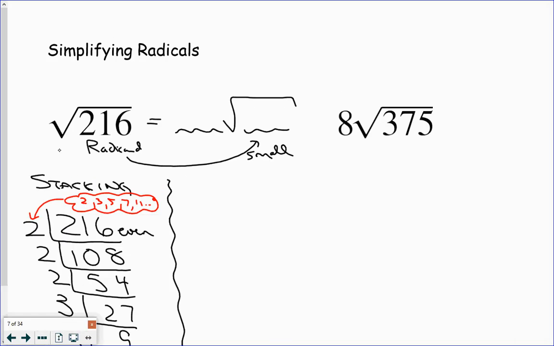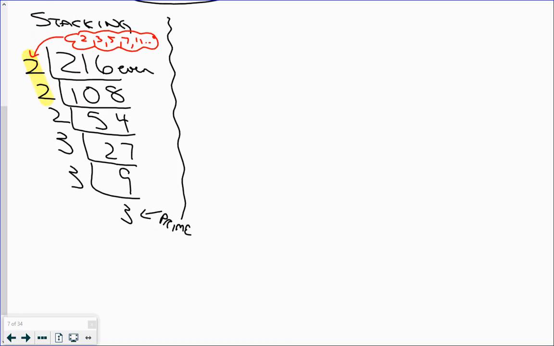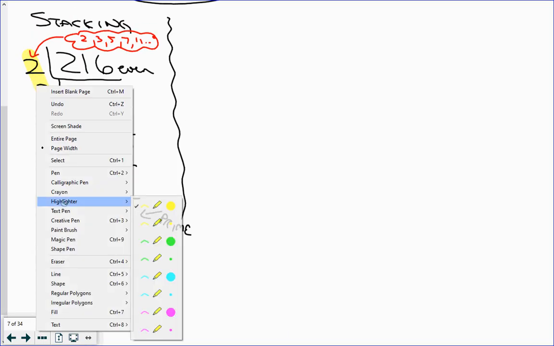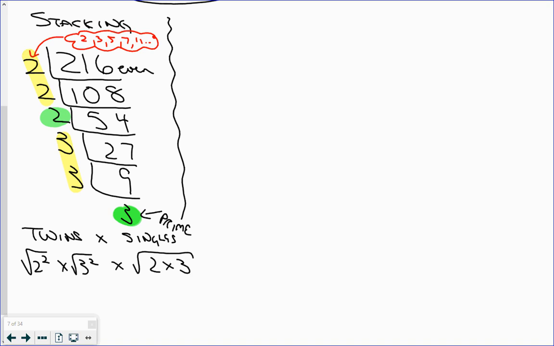So what we then do at this point is we look for our twins. So I've got a twin here, and I have singles here and here. So the way we did this is you go twins times singles. So each twin got its own house, and the singles were put in a house together. So this twin got its own house, this twin got its own house, and the singles got put in a